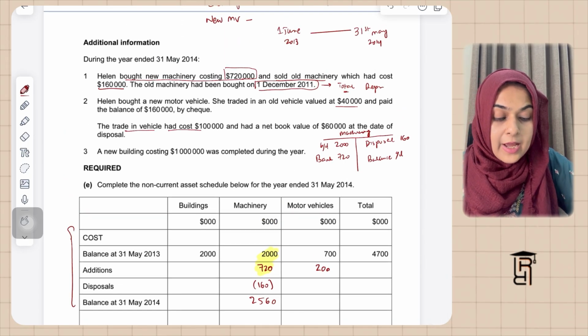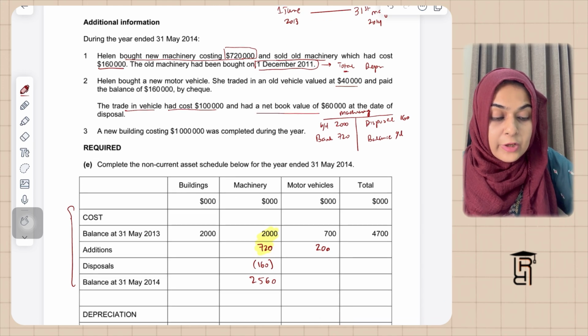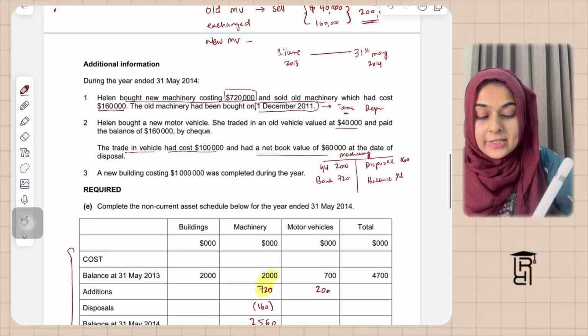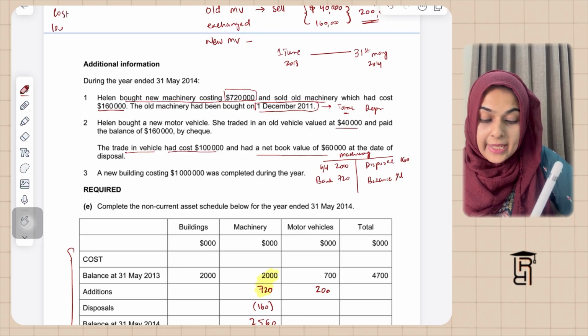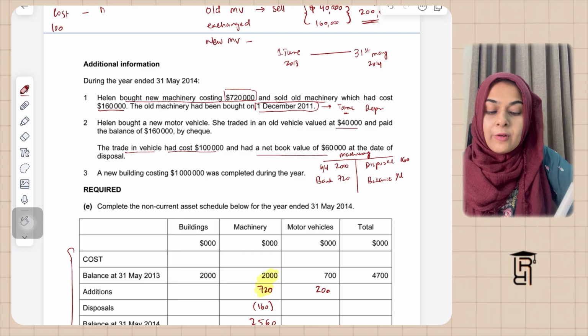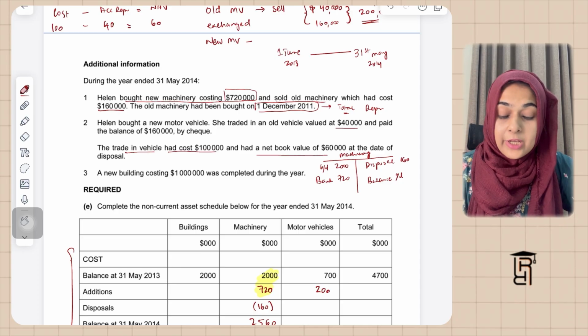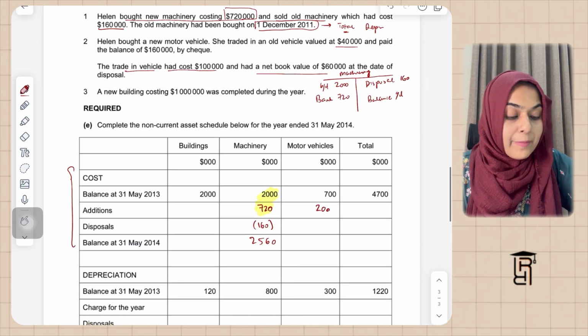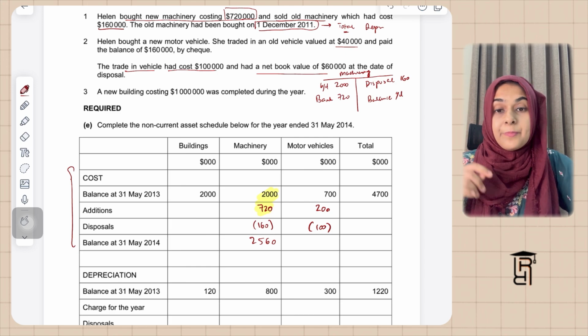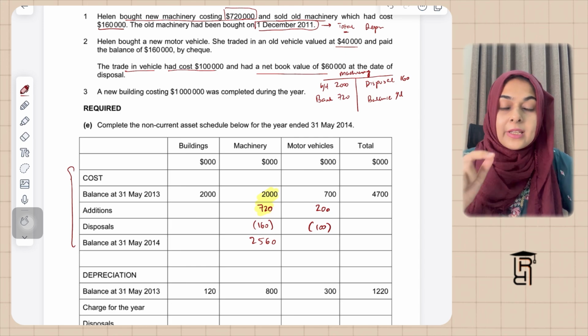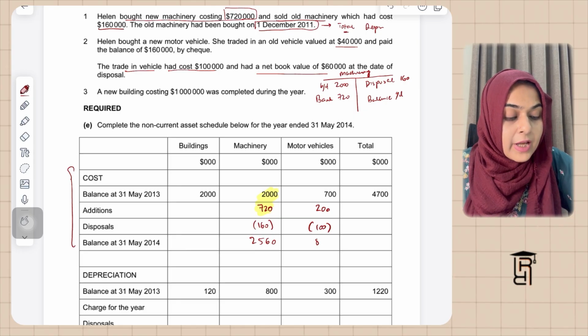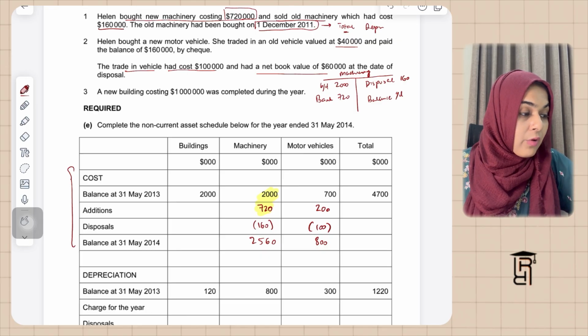The trade in vehicle had a cost of 100,000 and had a net book value of 60,000 at the date of disposal. अच्छा, इसकी कॉस्ट अगर 100 है और नेट बुक वैल्यू, तो नेट बुक वैल्यू का फॉर्मूला होता है कॉस्ट माइनस अक्यूमुलेटेड डिप्रिसिएशन इज इक्वल टू नेट बुक वैल्यू ना। तो अगर नेट बुक वैल्यू 60 है तो इसका मतलब अक्यूमुलेटेड डिप्रिसिएशन इसकी 40,000 थी, इसीलिए नेट बुक वैल्यू 60 हो गई। तो इसका मतलब उसकी कॉस्ट तो 100 है ना, तो हम यहाँ से 100 को सब्ट्रैक्ट कर देंगे क्योंकि डिस्पोजल को हम हमेशा कॉस्ट पे रिकॉर्ड करते हैं इन द कॉस्ट अकाउंट, राइट। तो ये बेसिकली कॉस्ट की ही कैलकुलेशन है ना। तो 700 प्लस 200 माइनस 100 will give me 800 which is my balance carried down for motor vehicles at the end of the year, that is 31st May 2014 पे, ठीक है।